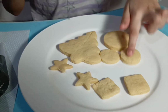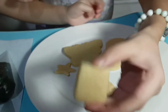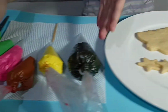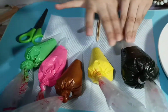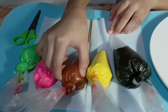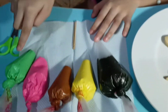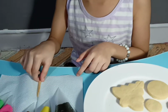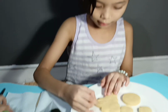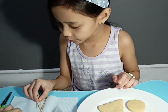tree and some circles and some tiny gifts and stars. And here are the icing. We have black, yellow, green, brown actually, and pink and green. So now we have some toothpicks here. You see 3 toothpicks, so we can blend it in like this, and then of course we have scissors, but